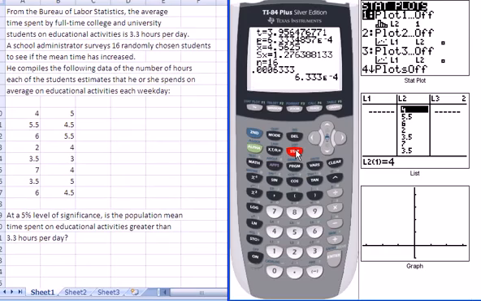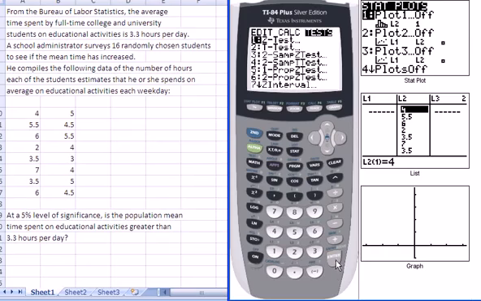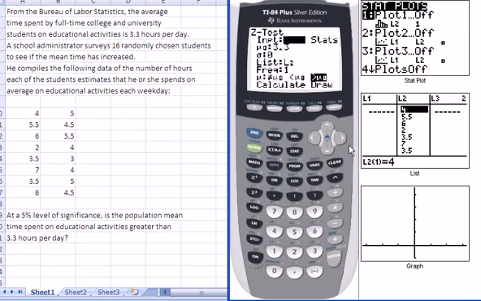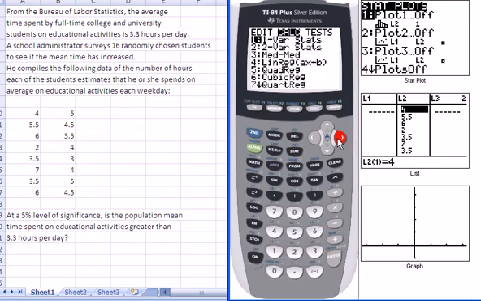There are a couple other things I'm going to show you really quickly. As I said, z-test works much the same way as t-test. One additional thing is that it will prompt you for sigma, as if sigma is known. Now, if sigma is not known, then that should tell you you're in the wrong window and you need to go back to t-test. And let's go back to t-test, and